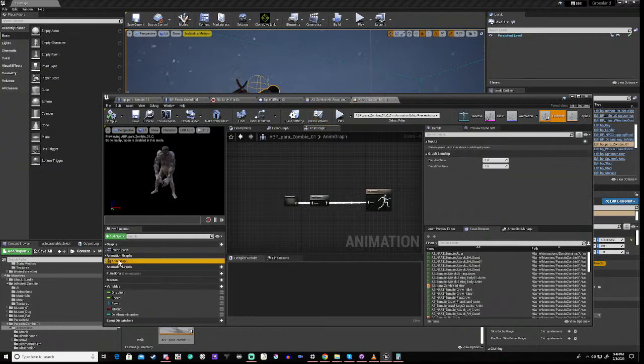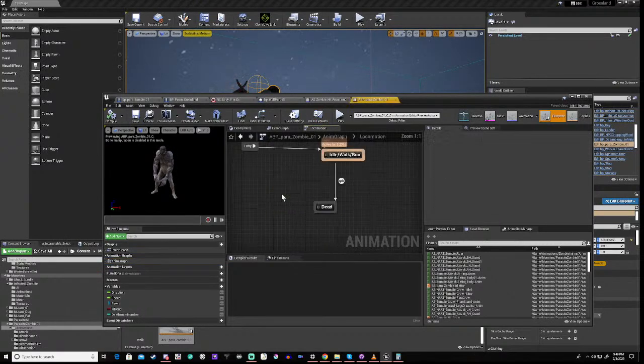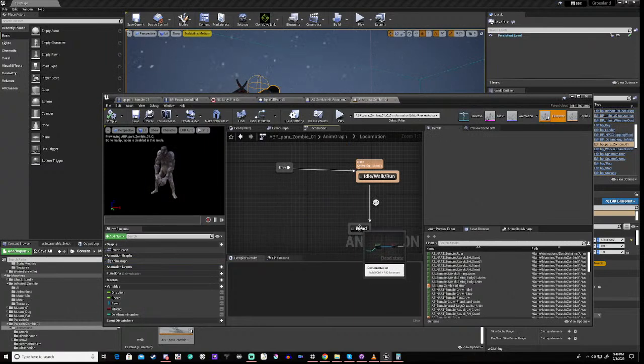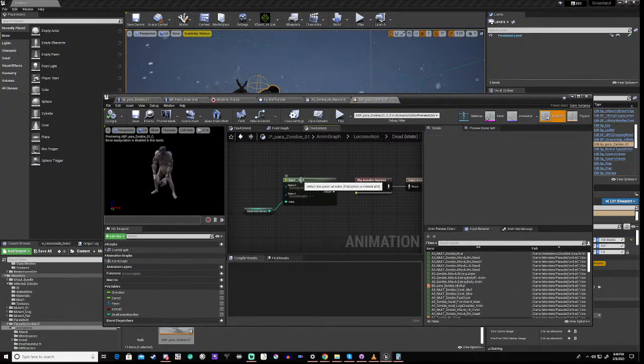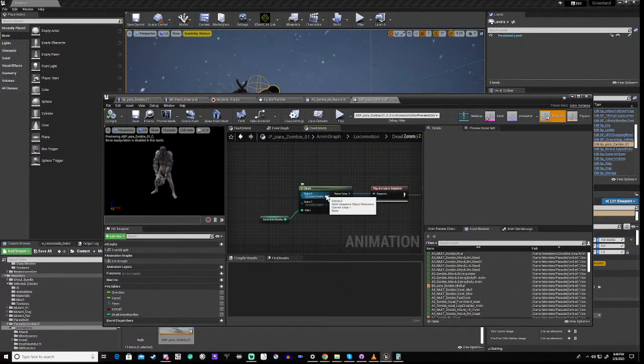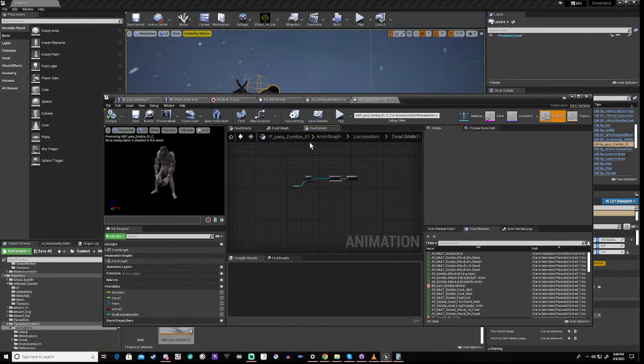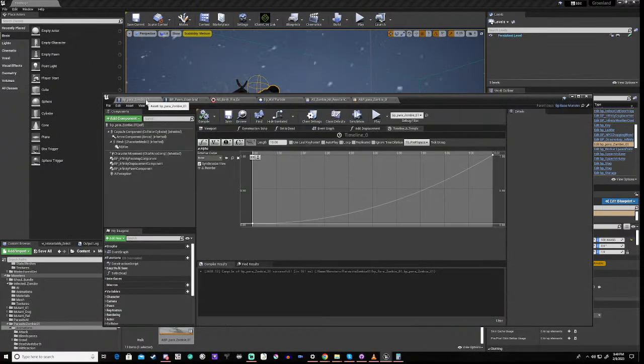So if we go to our anim graph, locomotion, dead, right? What we could do here is X amount of time in here, we can set them to dead. So in effect, if we go to here, we can